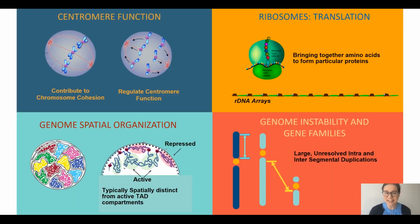And I want to use a slide to just emphasize how important these particular regions are to our understanding of genome biology and function. It's probably very clear to most of the audience that the centromeric regions are important for contributing to also chromosome cohesion and regulating chromosome segregation during mitosis and meiosis. The ribosomal rDNAs, which have been missing from our reference genome, are critically important for life as we know it,